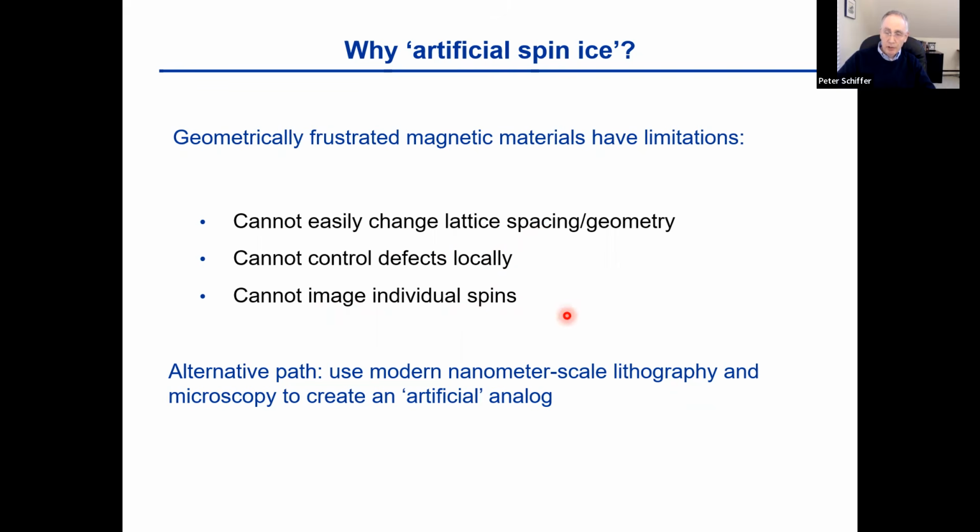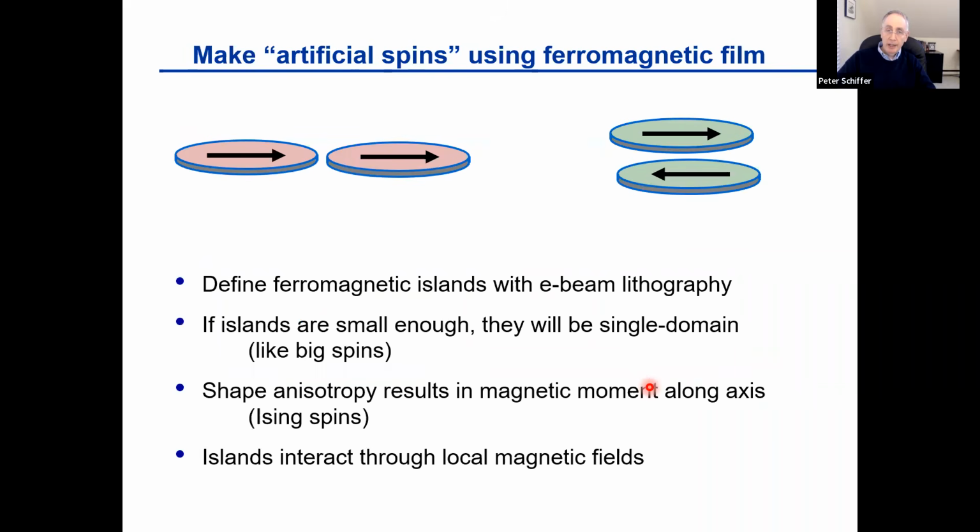And to study frustration in more detail, we wanted to look for an alternative path, which was to use nanometer scale lithography and microscopy to create an artificial analog to the frustration that you see in frustrated magnets and study what physics we could get out. And so the way we did that, and a number of other groups in the field of artificial spin ice are doing that, is by making what I put in quotes here, artificial spins out of lithographically patterning ferromagnetic films. So if you make islands out of ferromagnets with in-plane